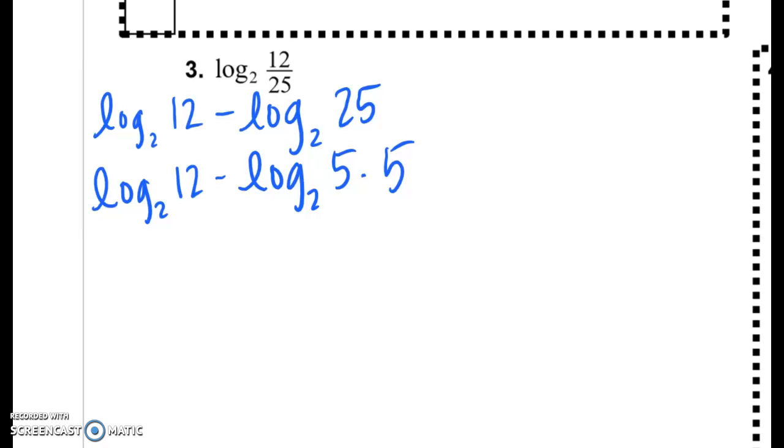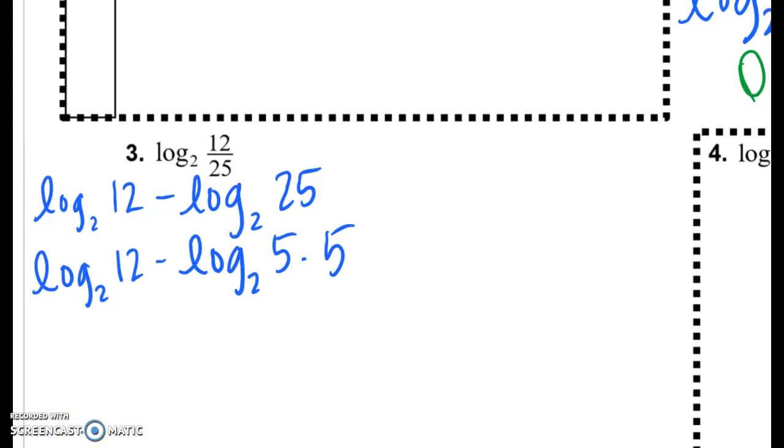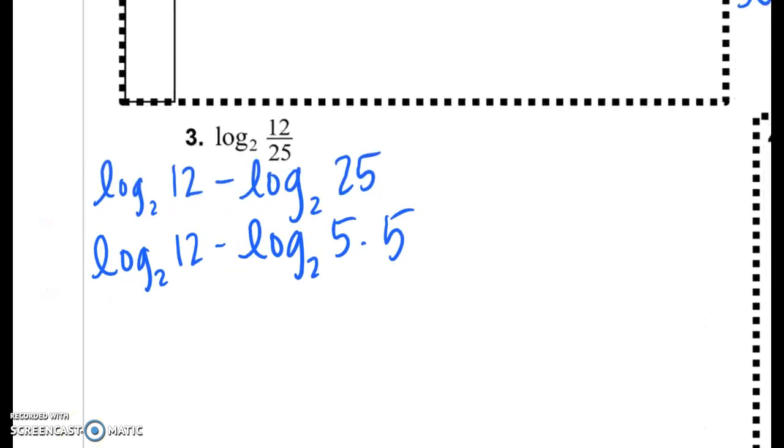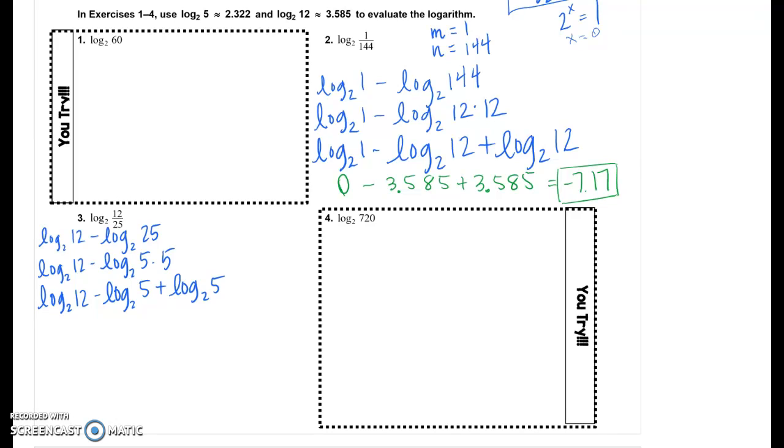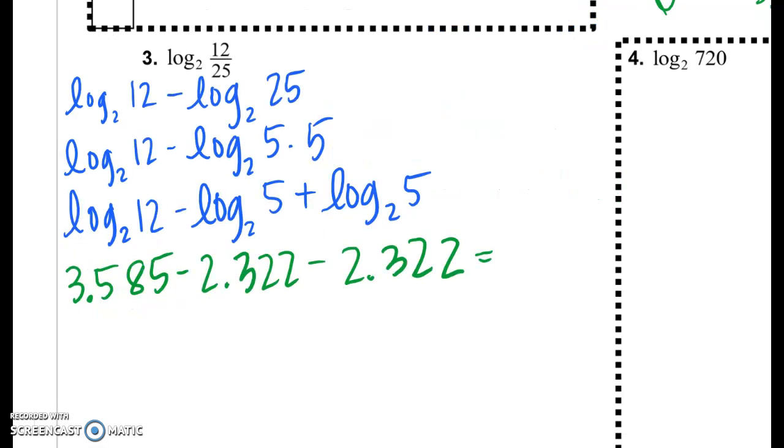Now that you have rewritten it, you can see that this is the product property. So let's rewrite it again. Now we can replace the logs with the actual values. So let's do that. Now you can just put this in the calculator,